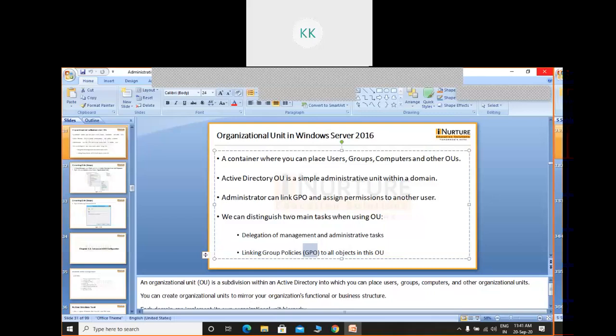Okay, and the second restriction you are putting is that if you are entering this domain with the domain credential, then you must maintain that your desktop wallpaper is the college logo. Okay, so these two rules reside inside the GPO. Now when you link this GPO to this OU, that means all these policies are automatically linked to all the users of this OU.